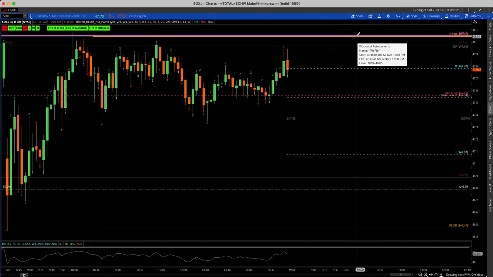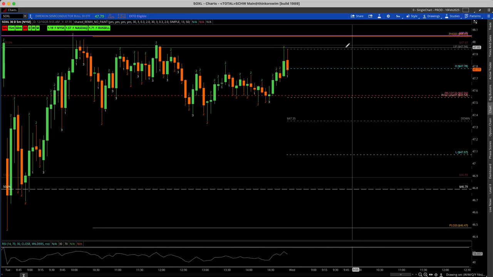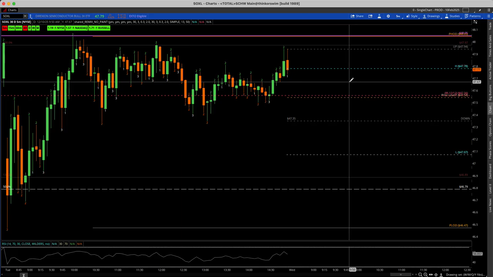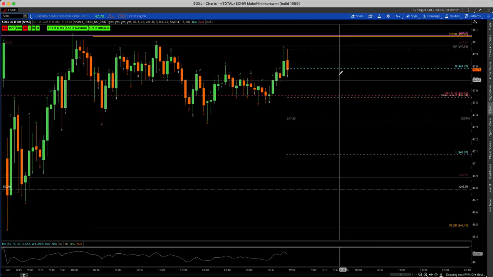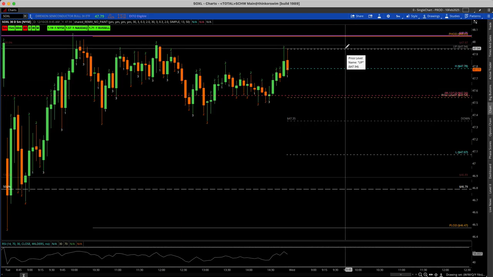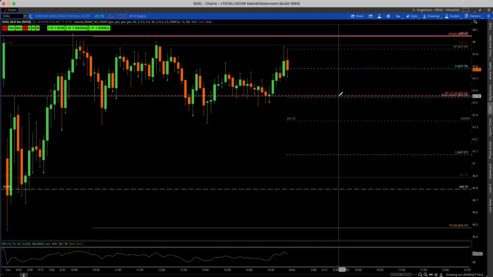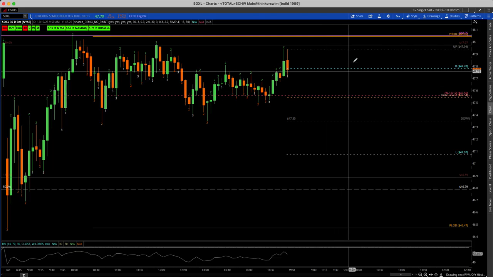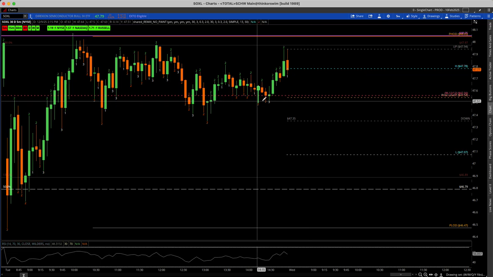Second target would be previous high a day. So not a lot of magnitude. That's just the way things go with how price action went on Tuesday. So to the upside, not a lot of magnitude, but that is how you would play it. Look for higher lows at or above opening print, and look to get into calls, targeting overnight high and previous high a day. On the other side of the coin, if we